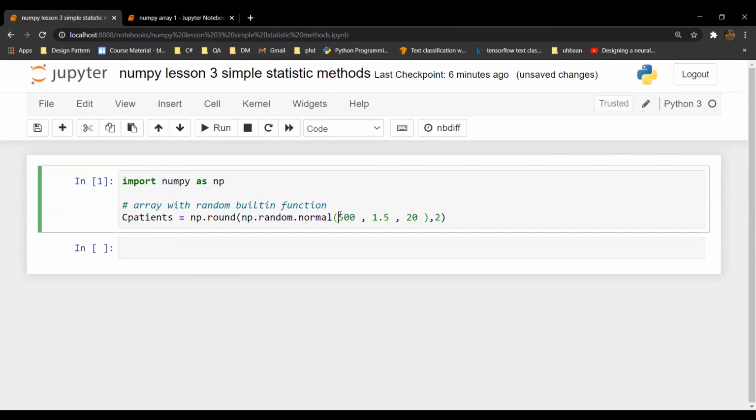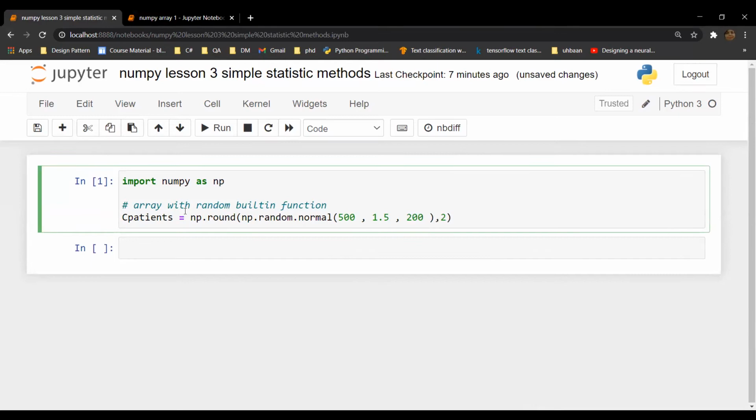I have to give a starting value from which the deviation will be calculated. So 500, and then the deviation 1.5. I can put 1.3, 0.5, whatever I want. And how many records I need, 20 or 2000. I can put 2000 as well. So it will create 2000 values in my C patients array.